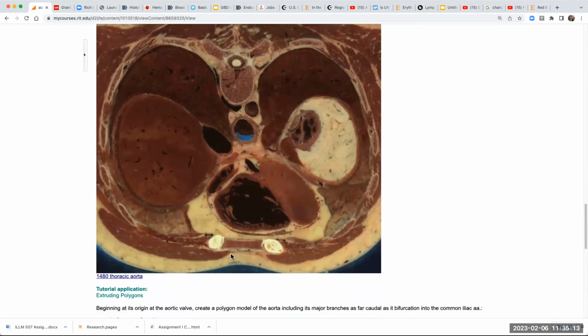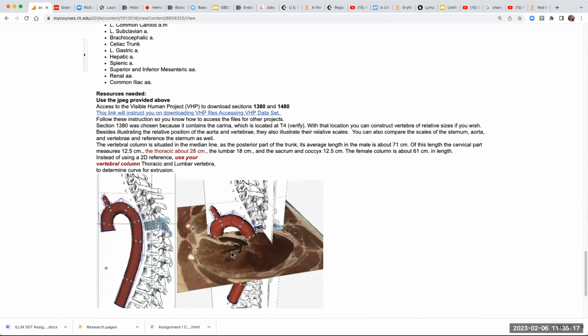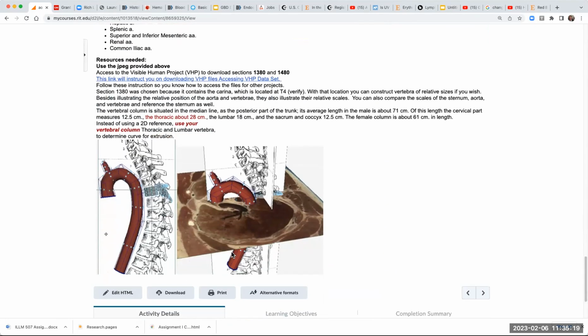And you can keep going down. Now this is what I was talking about. This is how I use them to try to make the arch. So you can use an image plane with the top view and position it at the vertebral level. And then that opening that you see for the aorta in that image plane, what I'm saying is you know